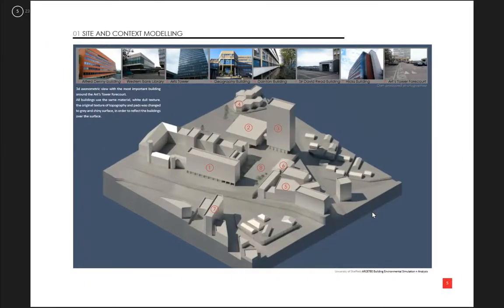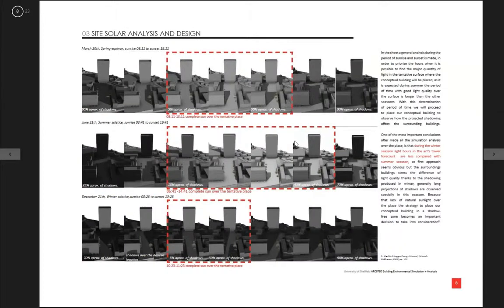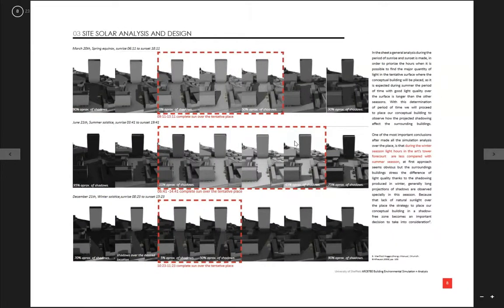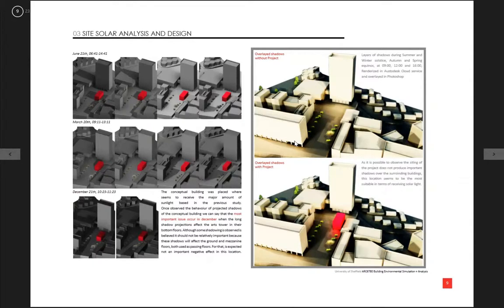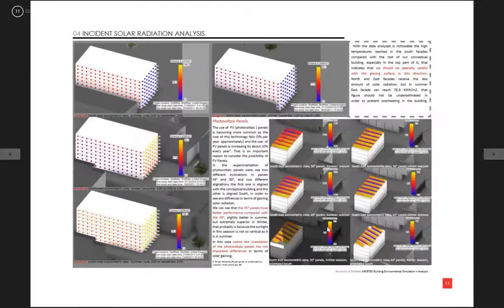So there's elements of modelling. We teach some of the skills for modelling. Here we've got wind flow simulation. More wind flow. We've got shadow analysis here. Here we've got cumulative shadow analysis. This is the building that you're working on. Solar radiation, looking at the impact of that building on the surrounding buildings, looking at the amount of energy you can get from the sun, looking at that in more detail, looking at possible photovoltaic arrangements,